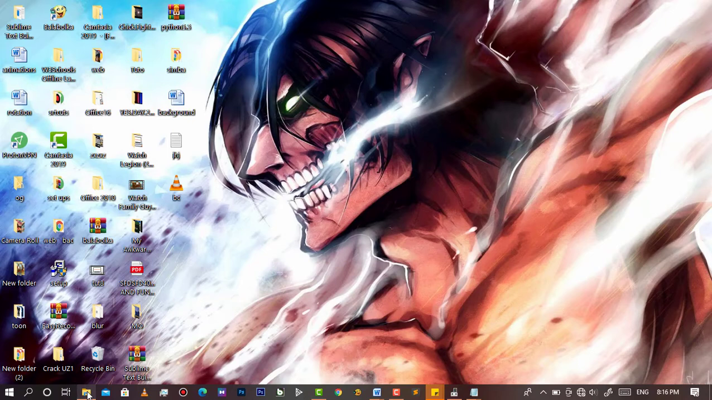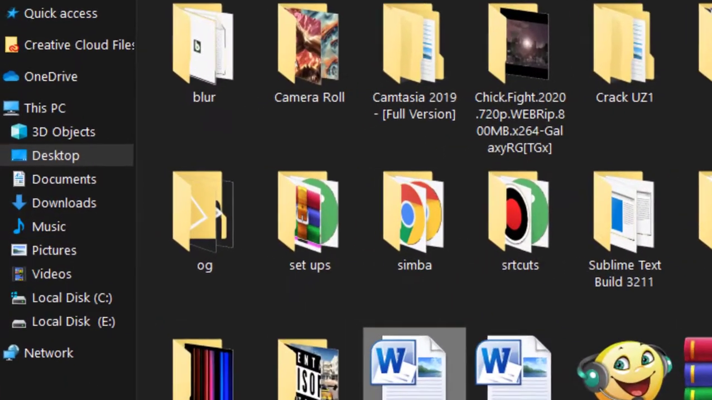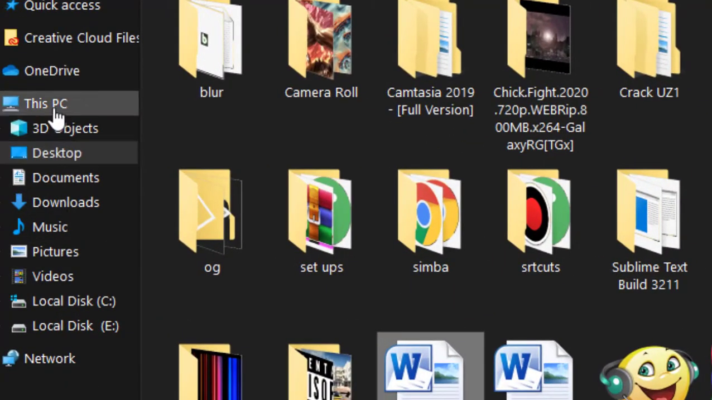Hello everyone, today we are going to learn how you can reduce your computer's animation. For those who didn't know, when your computer's animations are reduced, your computer becomes fast. So to do that, simply start by opening any folder, right-click This PC,